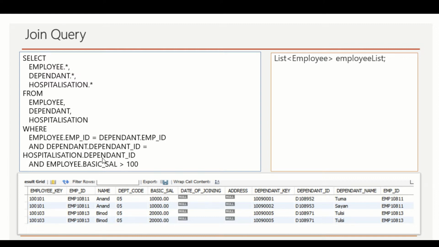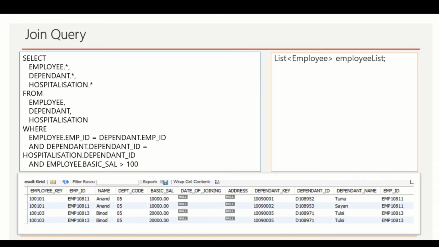In this query we are trying to retrieve all the employee information along with dependent and hospitalization information, where the basic salary is greater than 100.